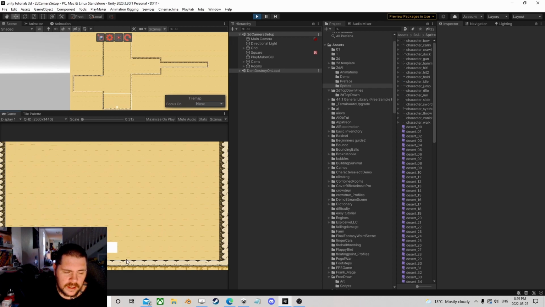And see, there's actually no collisions here. I didn't bother putting that in. But as you can see, the camera follows him. When we get to the bottom, the camera doesn't continue going, it stops. And it tracks up. But it's the same thing. Like I go over to this wall and it doesn't overshoot. But if I go over here,